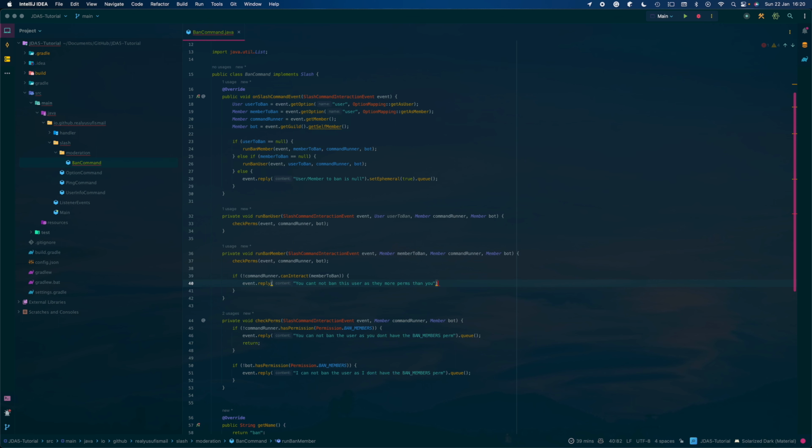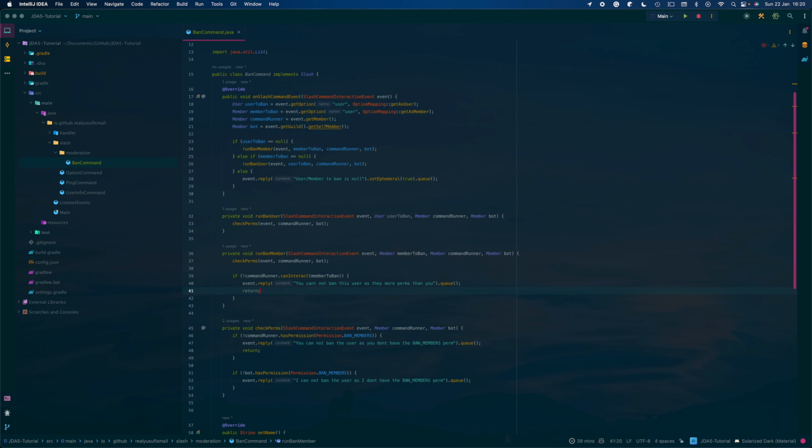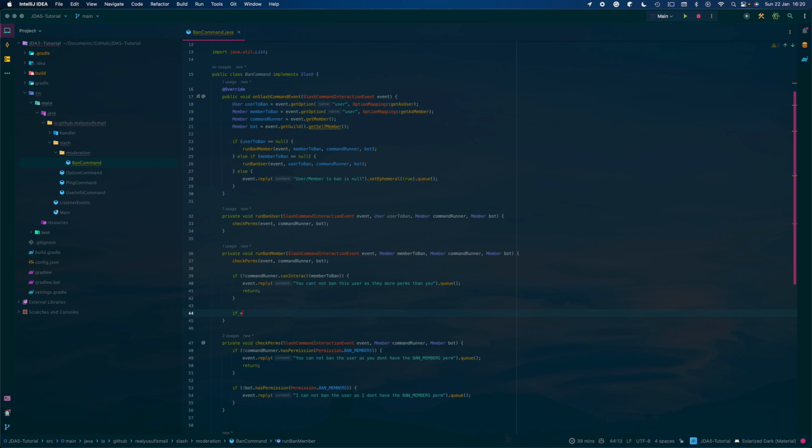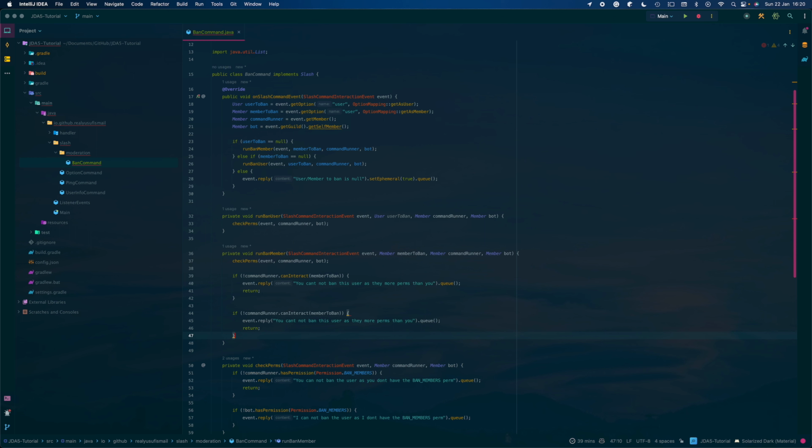And I'm going to do something similar for the bot. I just copy that and set command set up member to ban bot. I cannot ban this user as they have more permissions than me. And then when I now